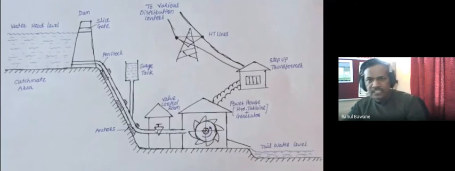Now imagine next time you observe that you require more power, so you will open the valve. As soon as you open the valve, additional water will not come directly from the dam. It will first use the water from the surge tank. So as soon as you open the valve, surge tank water will first flow, and after that the water quantity from the dam will increase. So the surge tank is continuously filled and emptied according to your valve operations, but it safeguards our penstock.